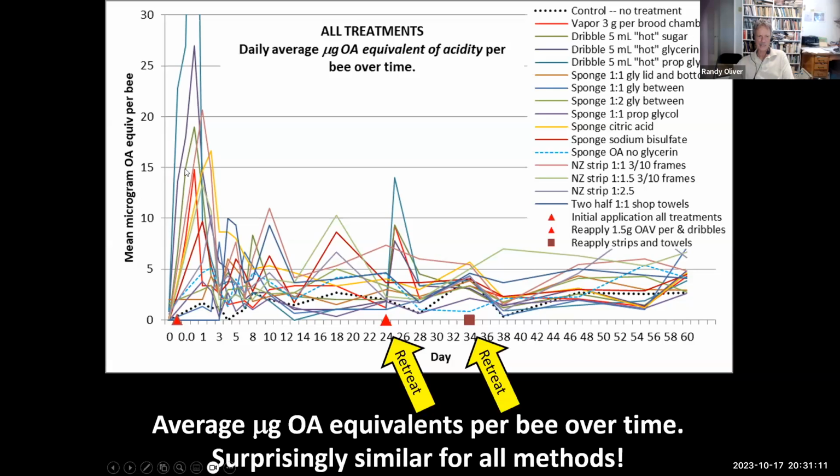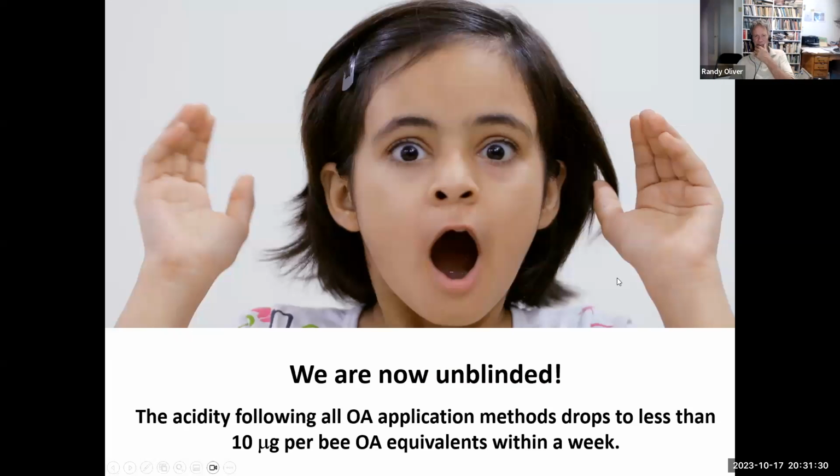And you can see that everybody by 3 days drops down pretty low, and then they stay in this 3 to 7 microgram per bee range, clear out to 60 days. Now, some of this may be from bee drift from hive to hive, because they all worked out pretty close to the same. We are now unblinded, so I'm still doing tons of these and learning more and more about what's